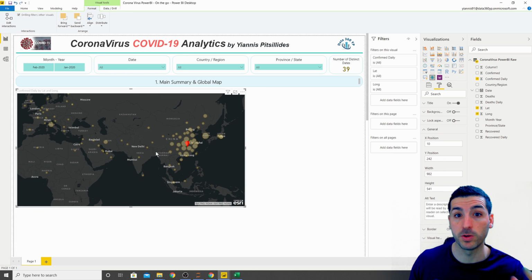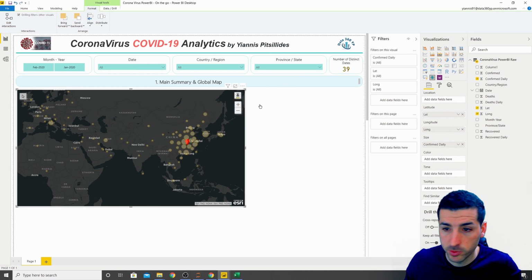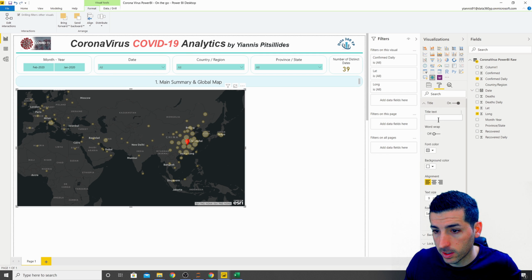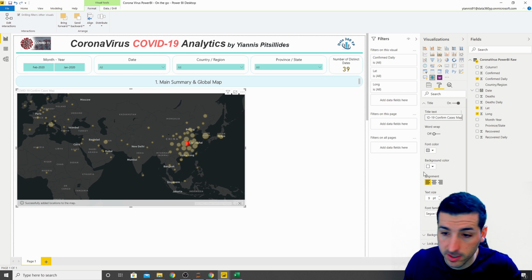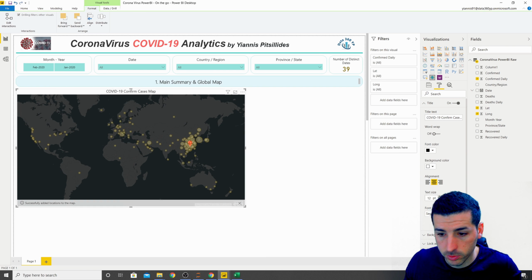You can use the map to get insights. Right, the next thing I want to do is to add a title on my map. So I click on my map, I go here, and I click on title, and then I'm going to paste the title in. I want the font to be black in the middle, and I want to push it into size